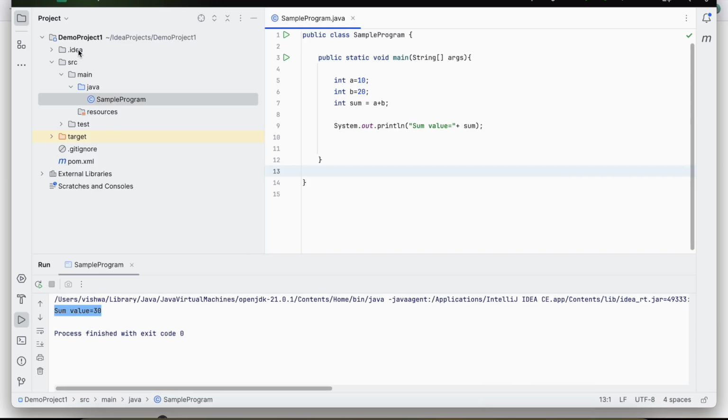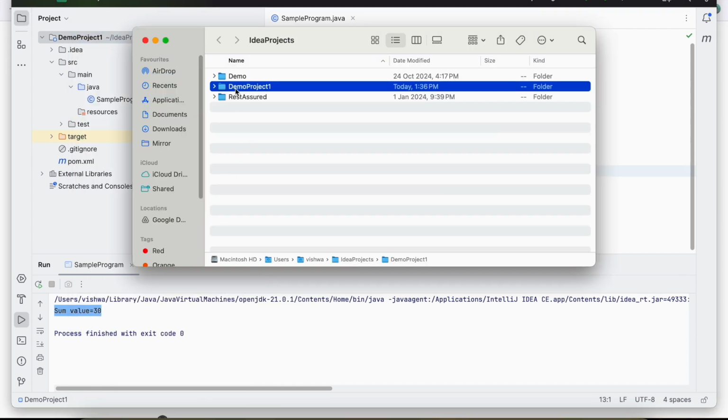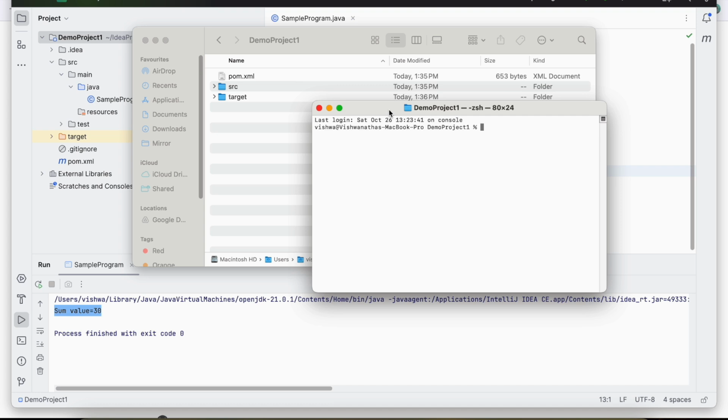Now this is my project. What I will do is I will go to this folder. I will right click on this project, open in Finder. So this is my project. I will go under this project and I will open the terminal. In the previous lectures, we have already seen how to install Git. I have already installed Git. git --version